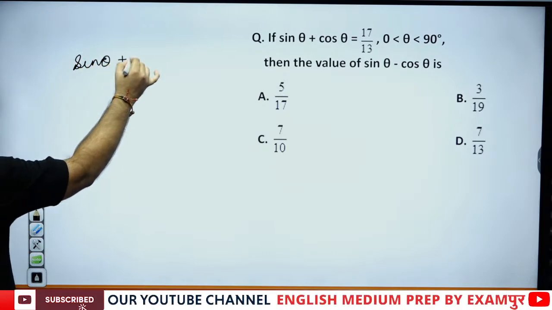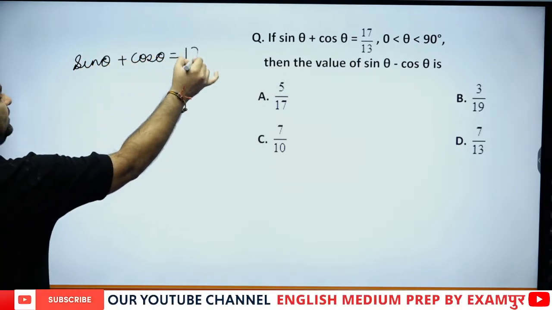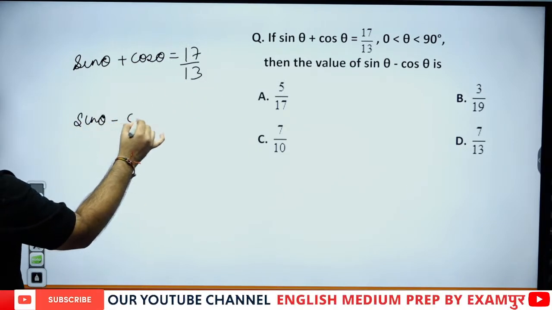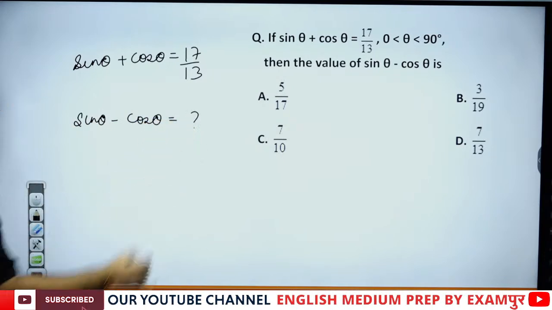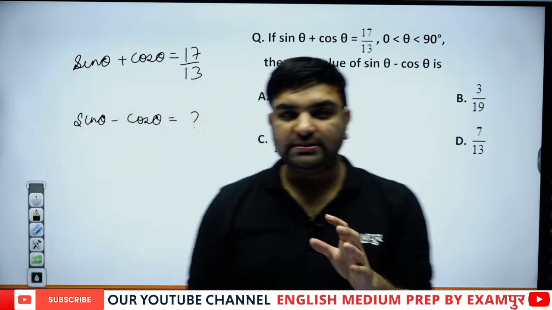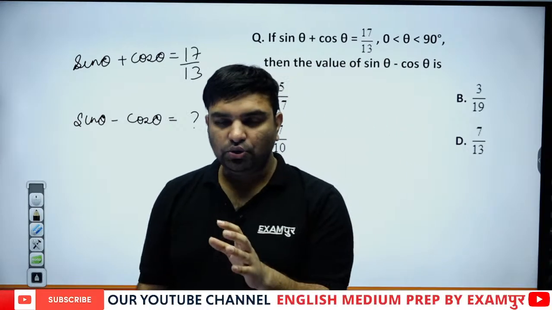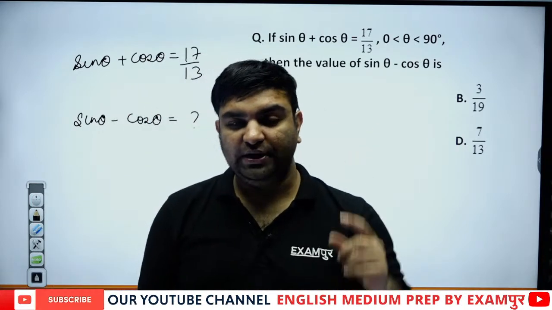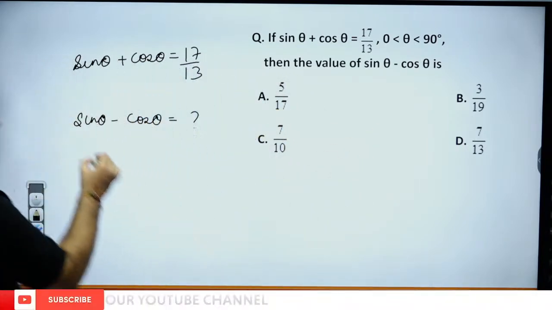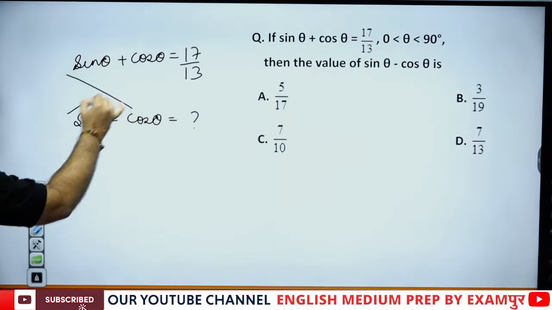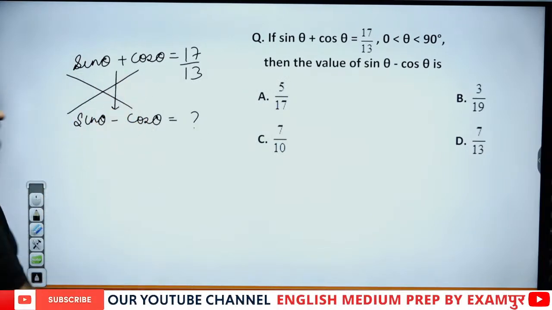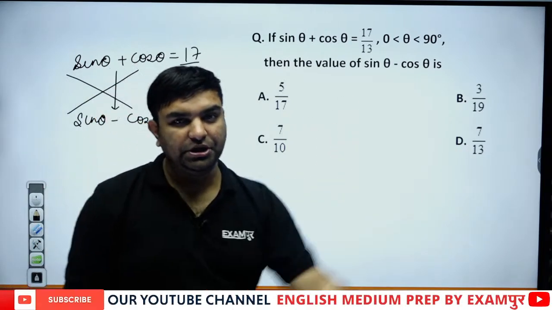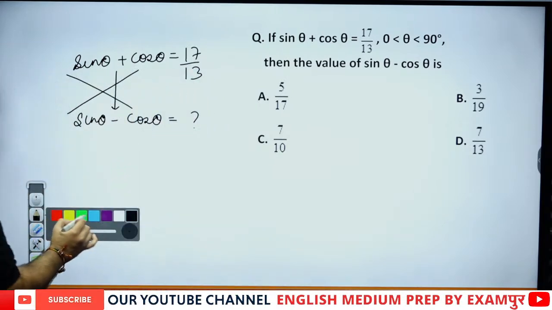Sin theta plus cos theta is given as 17 by 13, and we are asking for sin theta minus cos theta, what is it? As I told you in the previous session, this is a case of interchange of coefficient and change of sign between them. So here you can apply